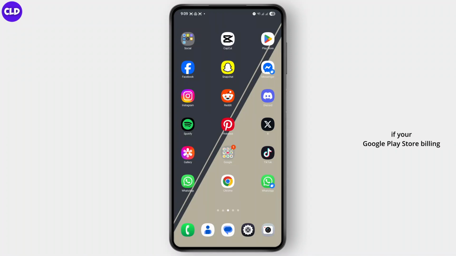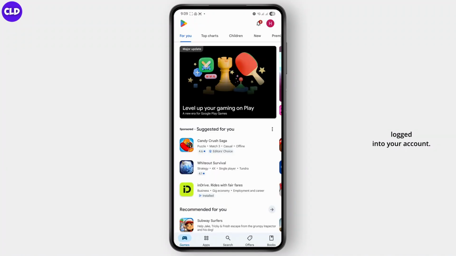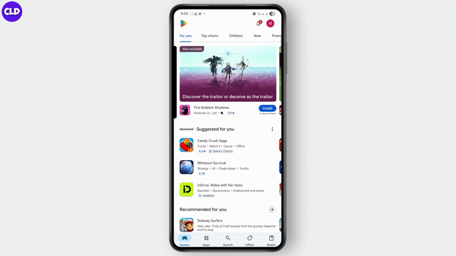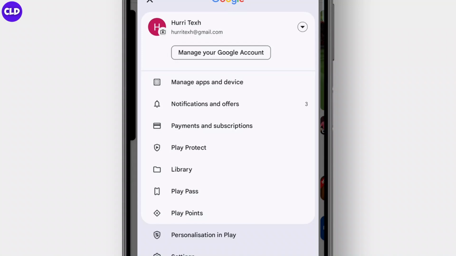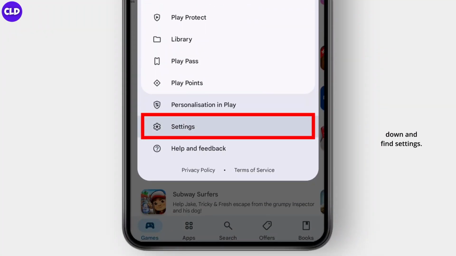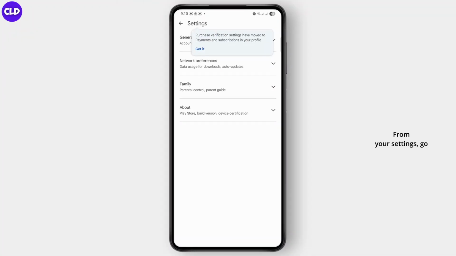Today we're going to fix if your Google Play Store's billing payment is unavailable. So the first thing you have to do is open up Play Store and make sure you are logged into your account. Now I'm going to check your billing options. For that, head over to your profile icon at the top right corner. Then you want to scroll down and find settings. From your settings, go over to